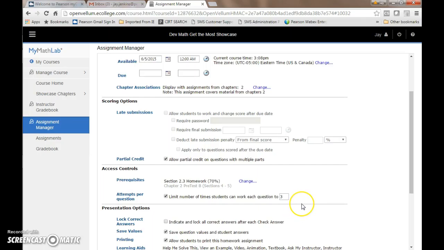Those are the 2 areas that you can use in order to limit the amount of tries within each question blank